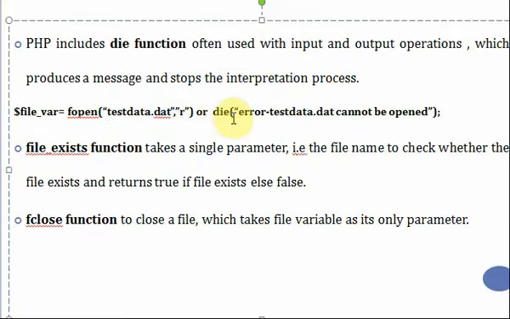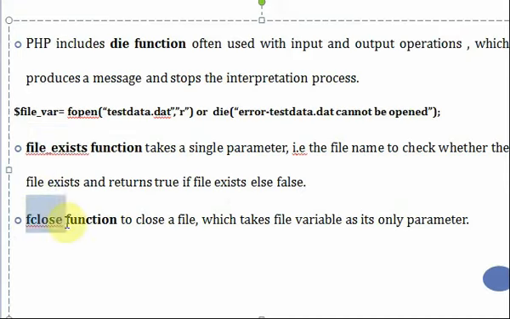Okay, so what did we tell here in the beginning? fopen, in case the file is not there. Now when you say read, it means you want to read this file. In case the file is not there, it is going to display an error message. So instead of doing that, in the beginning there is a function, file_exists. Within the brackets, if you write the name of the file, it is going to check whether that particular file is there or not. It checks whether the file exists and returns true if the file is there, otherwise it returns a false value. So that is about file_exists.